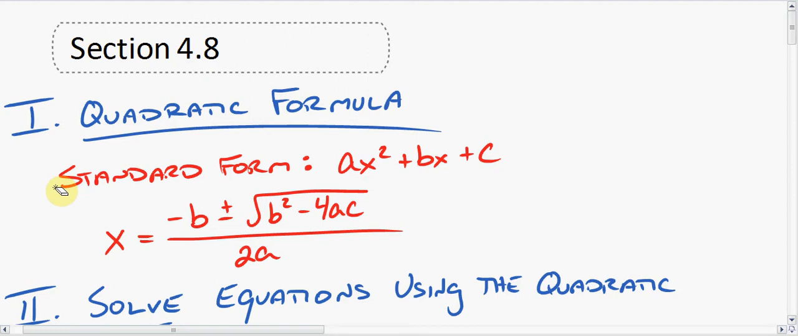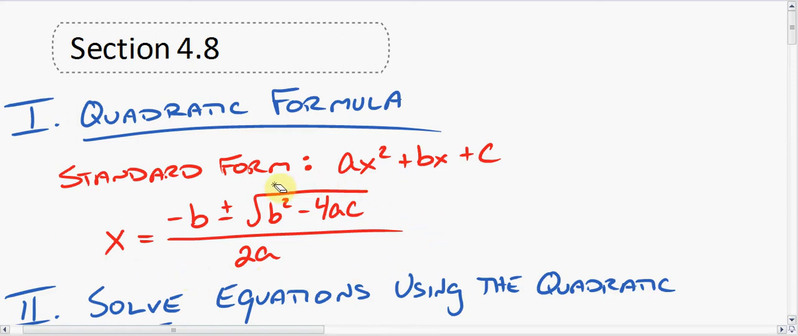This is section 4.8, part 1, where we are going to learn about the quadratic formula and then learn how to use it to solve quadratic equations. So in order to use the quadratic formula, you want to make sure you have a quadratic equation that's in standard form. So that's ax squared plus bx plus c, where a, b, and c are going to be helpful to us, because we're going to take those numbers and plug them into this formula right here,